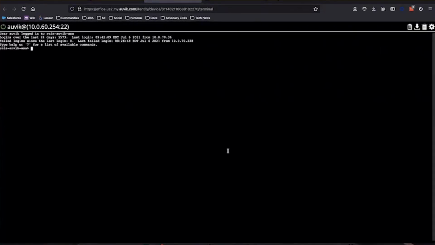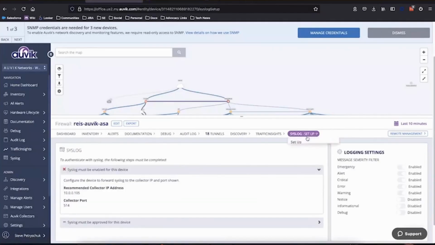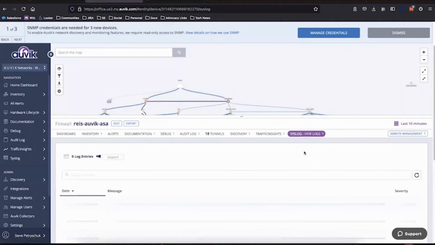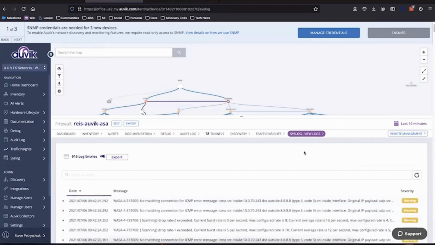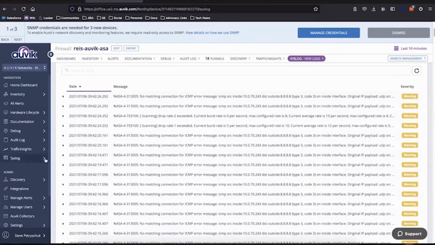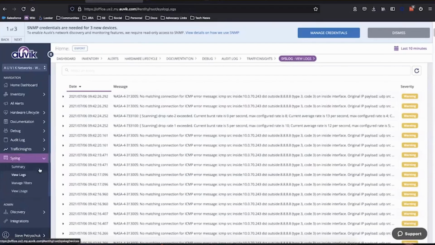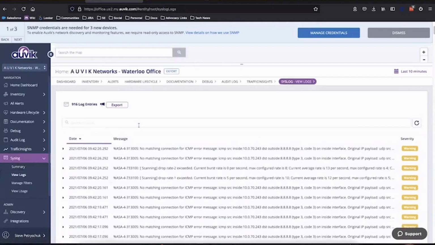In the same web browser, in the same session, we can see that Auvik logged in with the previously saved credential, and we can just execute commands directly on here. To view the syslog messages, we can select view logs from the syslog on the dashboard, and we can see all the syslog messages that came in from this device to the Auvik dashboard. But let's say we want to troubleshoot a problem that happened the day before at 5 p.m. or whatever. So to narrow it down to the very